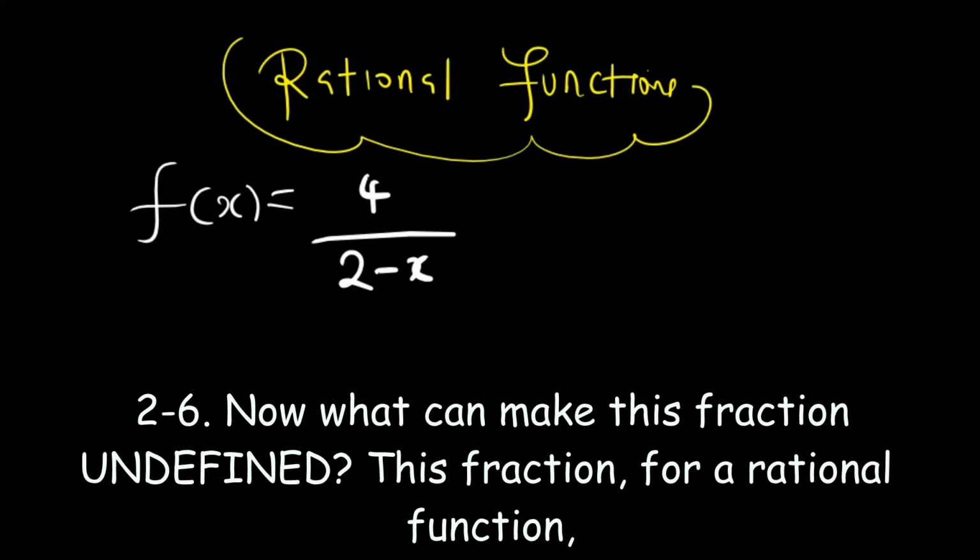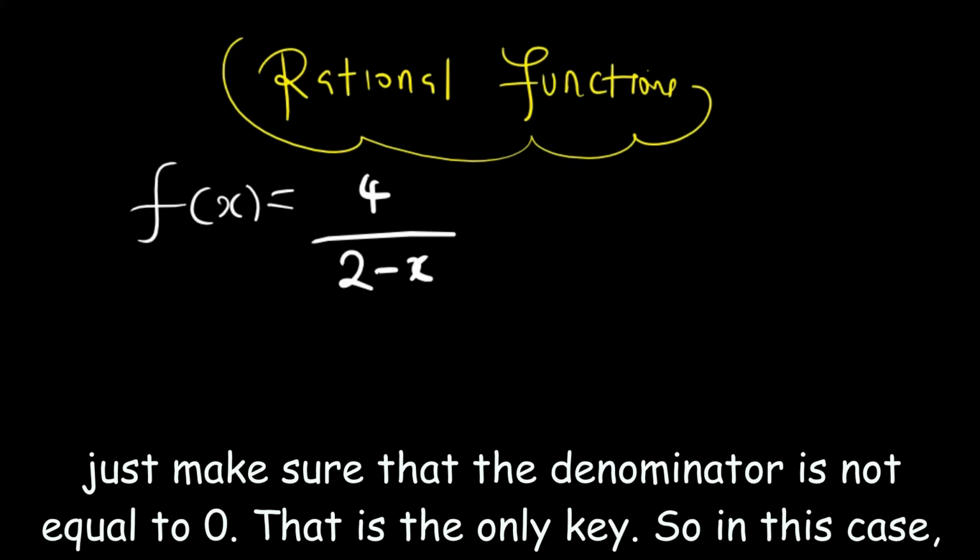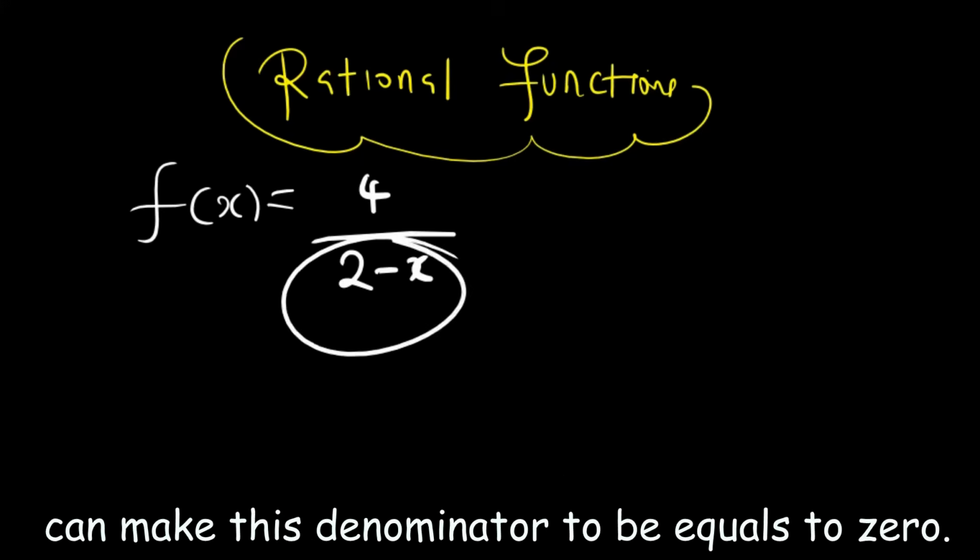Now what can make this fraction undefined? For a rational function, just make sure that the denominator is not equal to 0. That is the only key. So in this case, what can make this denominator equal to 0